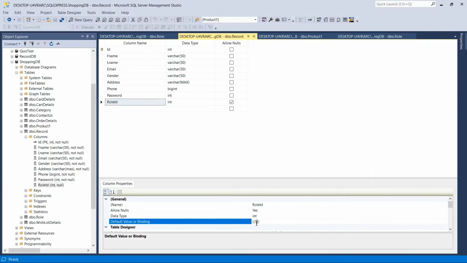After the admin gets the confirmation, he will update the role id for that user. It will make it 2. It will update the role id for this user as 2. That means now he is a vendor. He is officially a vendor, and now he will get the rights of the vendor panel, where he will be able to add products as well as update those products.